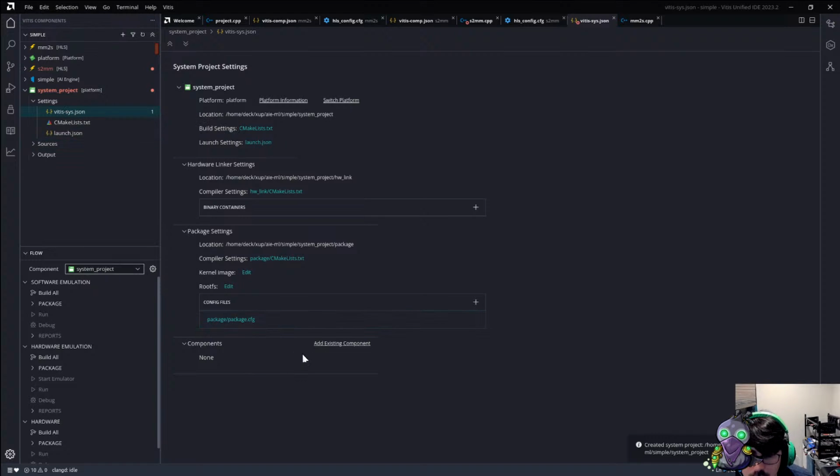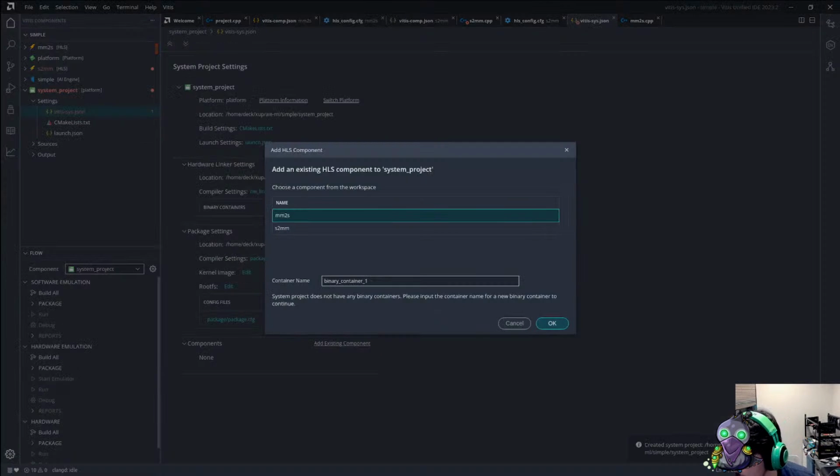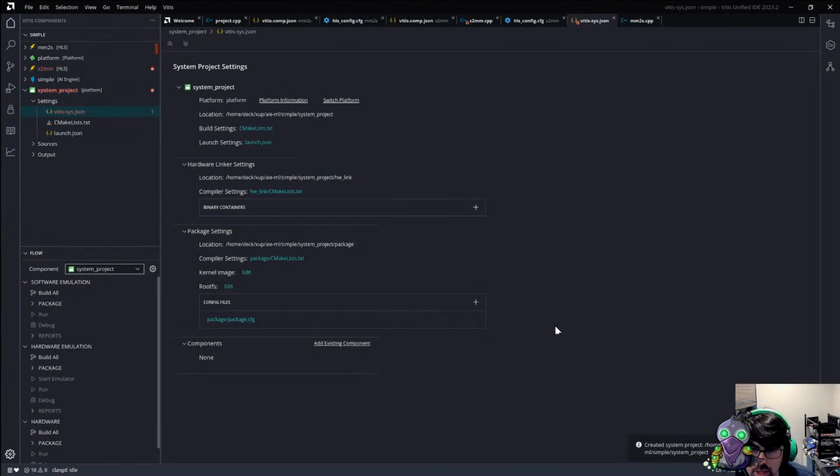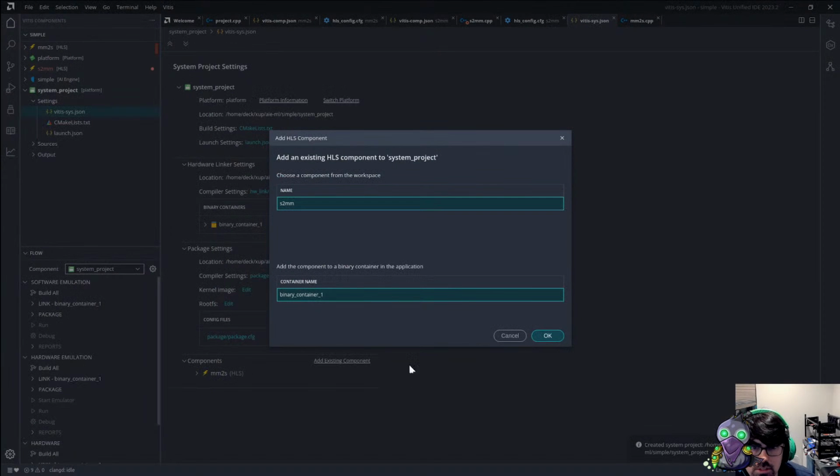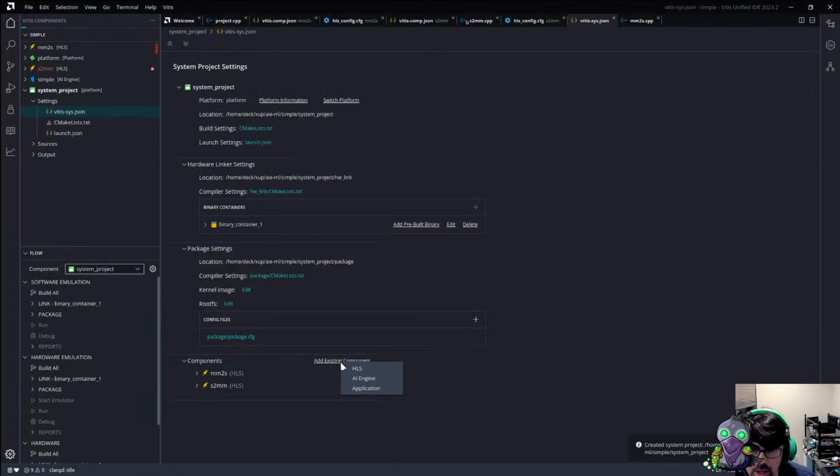Okay, and we want to go to components, add existing HLS. Okay. Add existing HLS. Okay. Add existing AI engine. Yes. Okay. We've added the components. Now you need to tell the compiler the connectivity. This is done as a configuration still in the settings, under the hardware link settings. Under the hardware linker settings,